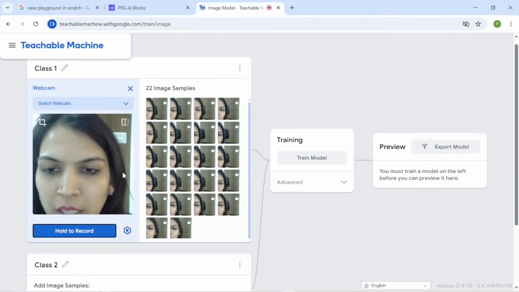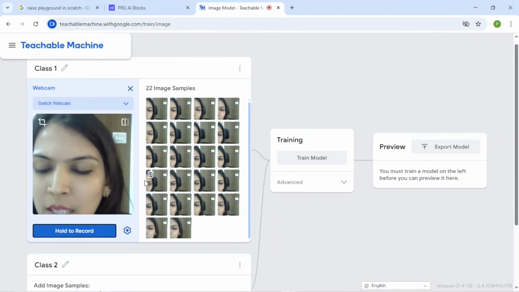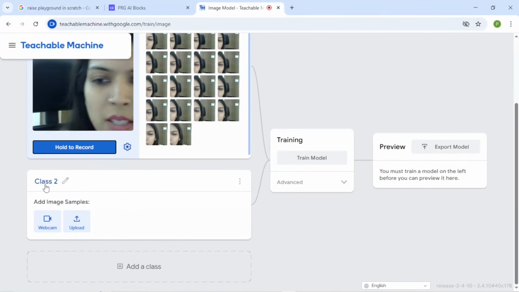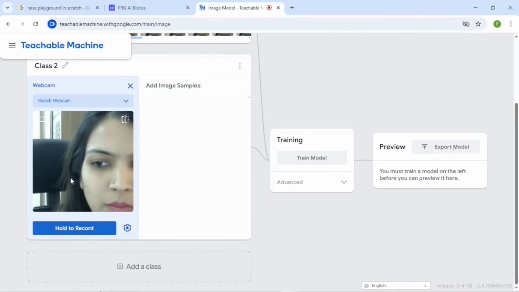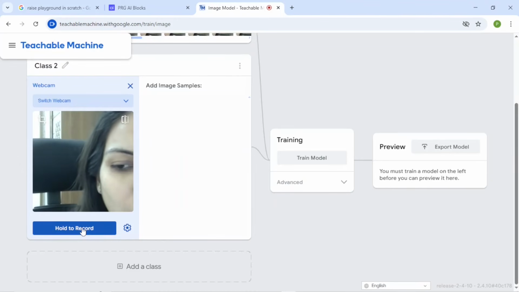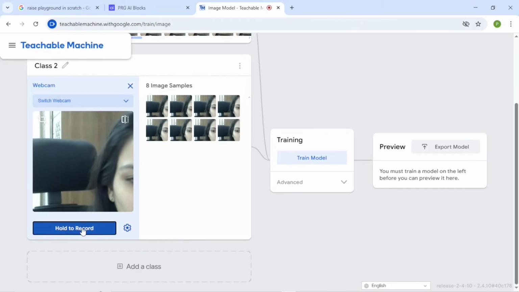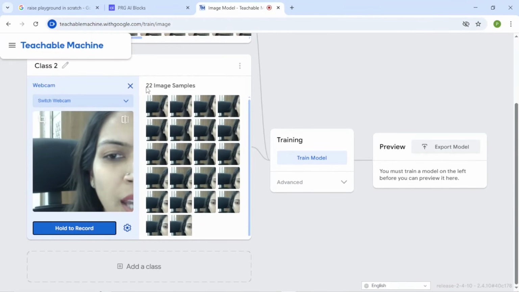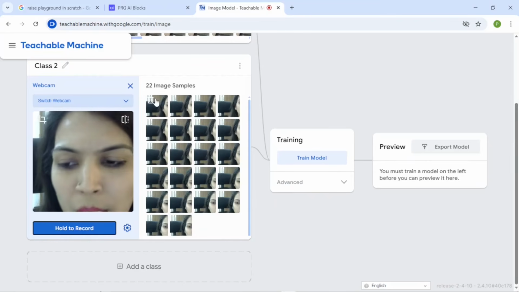So I have created 22 images for this class, and for the next, I'll move my face to the right side. Now again I hold to record. Here also you can see I have created 22 image samples.